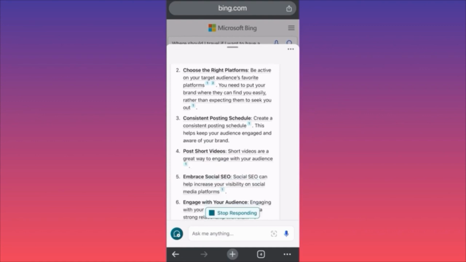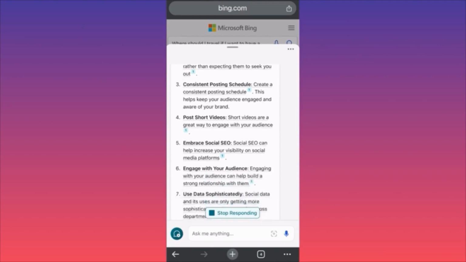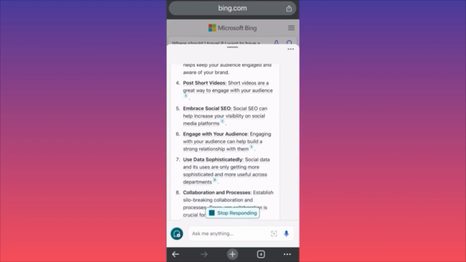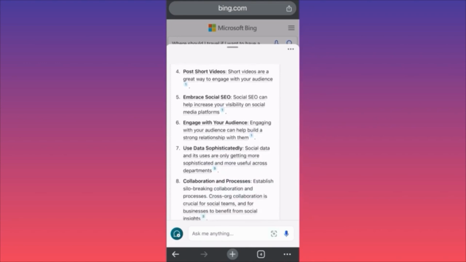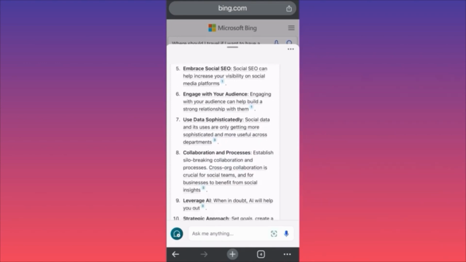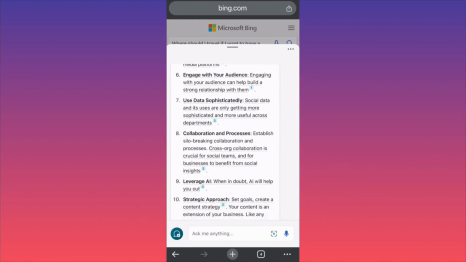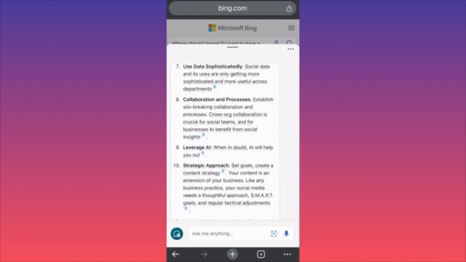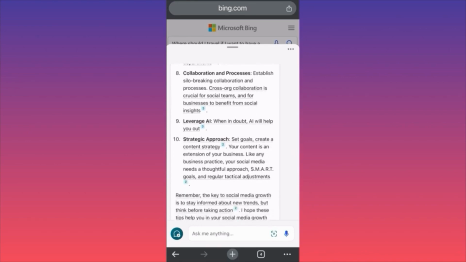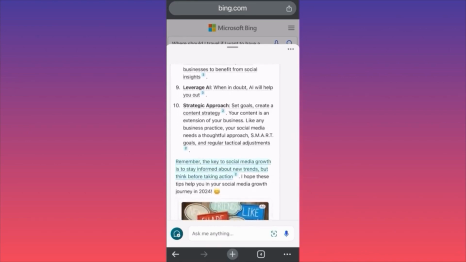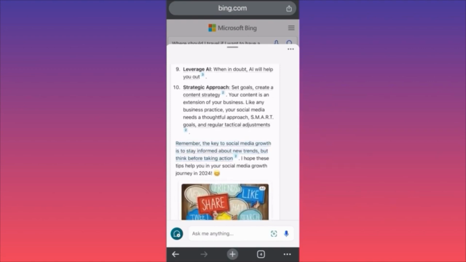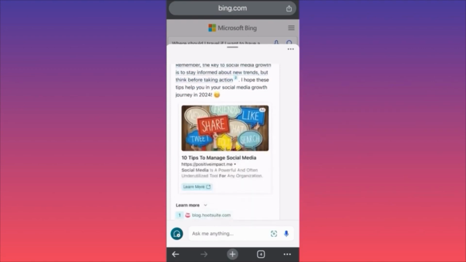Consistent posting schedule. Create a consistent posting schedule. This helps keep your audience engaged. Post short videos. Embrace social SEO. Help to increase your visibility on the social media platforms. Engage with your audience. Use data sophisticatedly. Okay, social media collaboration and processes. Leverage the help of AI. Strategic approach. And as you can see over here, the main point of using Bing AI is that Bing is